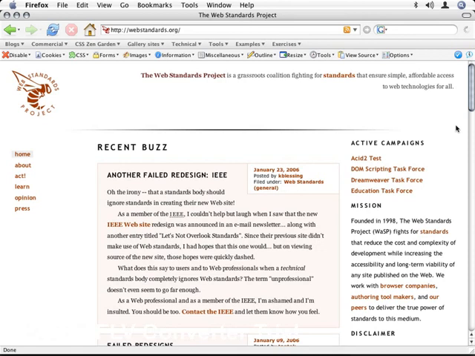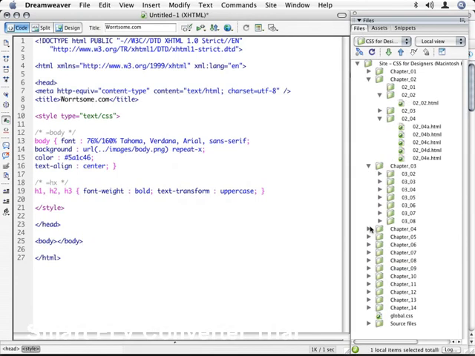All of the example files, all of the exercise files that we're going to be walking through are available to you. They've been broken down into both chapters and into individual movies. So inside every exercise folder, you've got all of the XHTML, all of the CSS, and all of the graphics that we're using for these exercises. We're going to be using Dreamweaver as our code editor, although any code or text editor on any platform